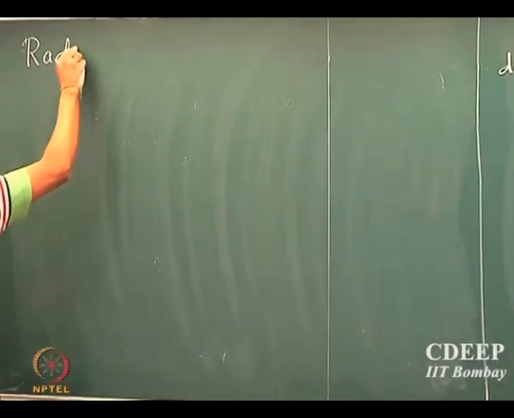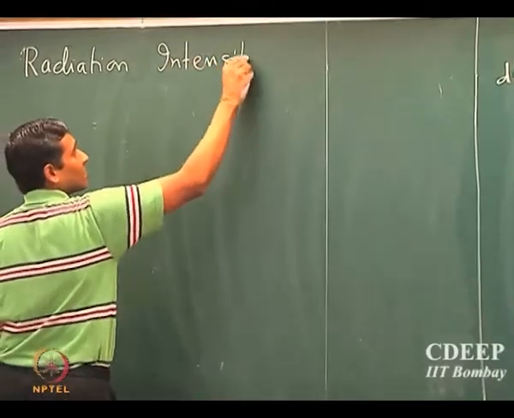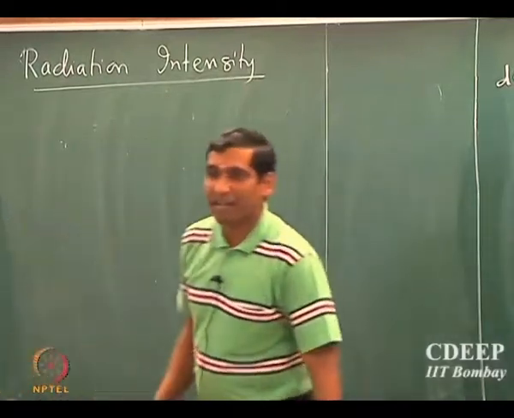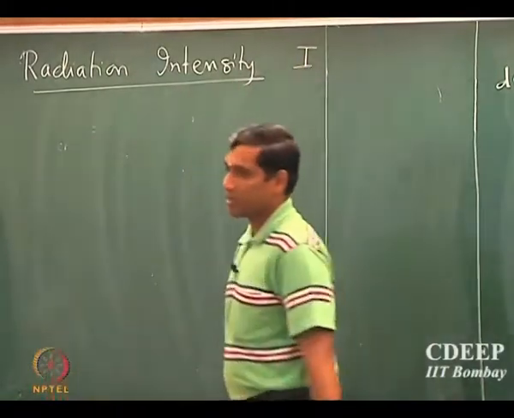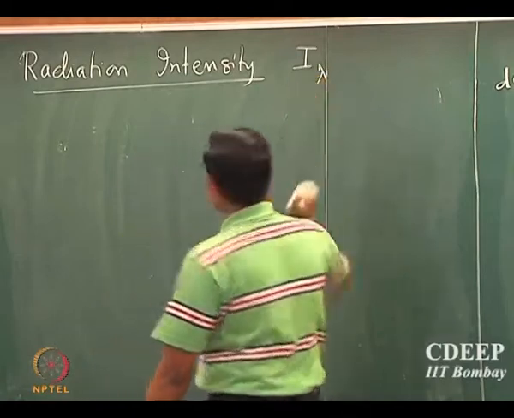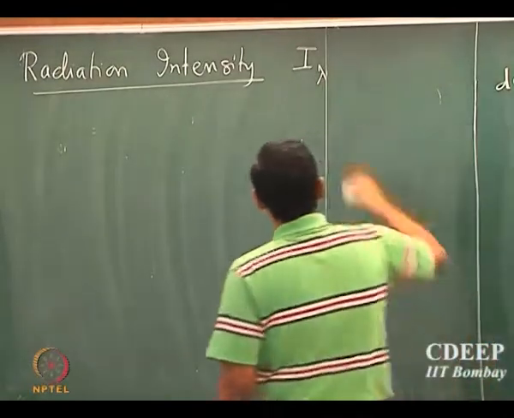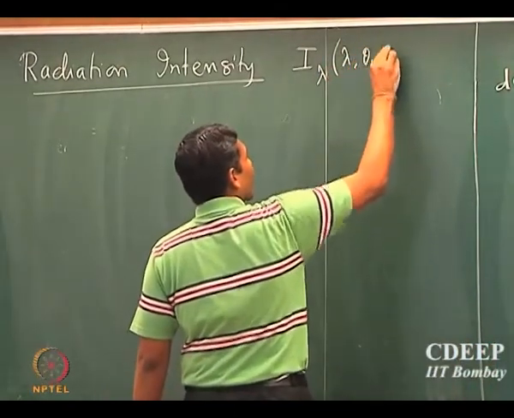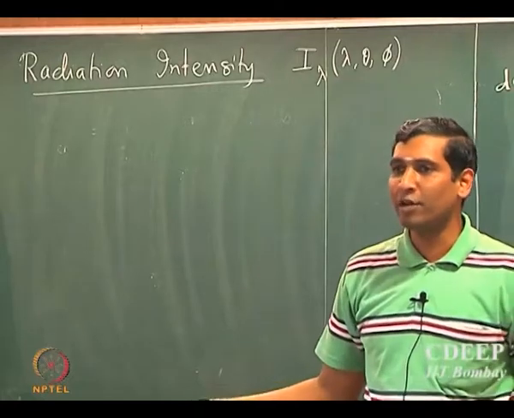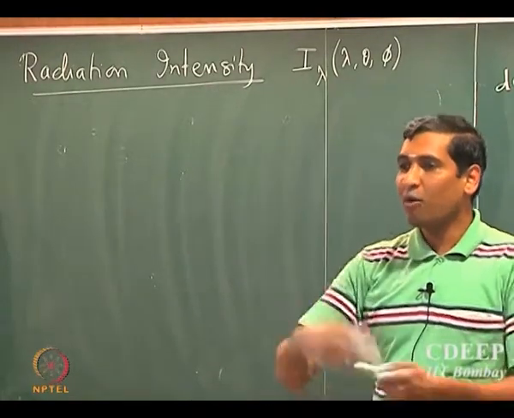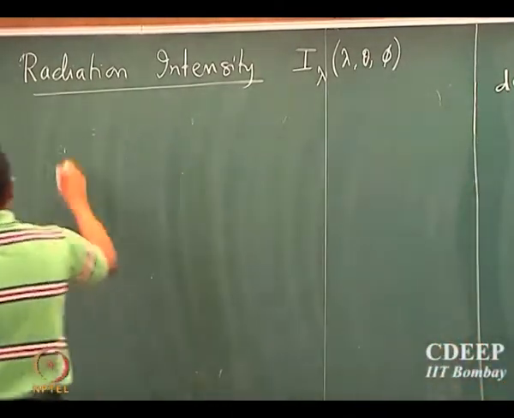So we are going to define a quantity called radiation intensity. The typical symbol that is used is I, and a subscript lambda means radiation intensity at a particular wavelength lambda, and that's going to be a function of lambda, theta and phi. So it's going to be a spectral property, dependent on which lambda, what angle in the theta direction and what angle in the phi direction. So it's defined as the